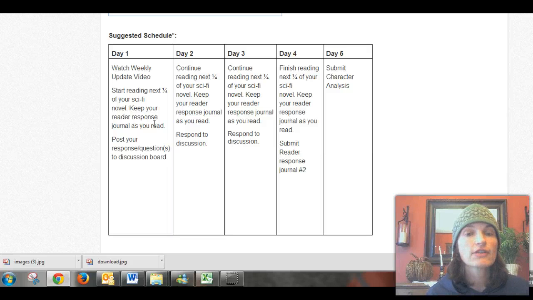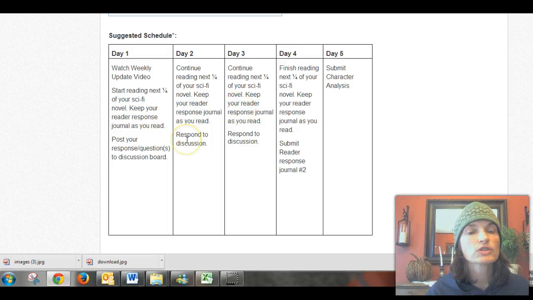It's a lot easier to complete that assignment, and it's meant to be kept as you go, as you read, okay? But the first thing you do as you're reading, post to the discussion board, like I mentioned before. This is going to be an opportunity for you to reflect on what you've been reading and learning so far. So post to the discussion board on Monday.